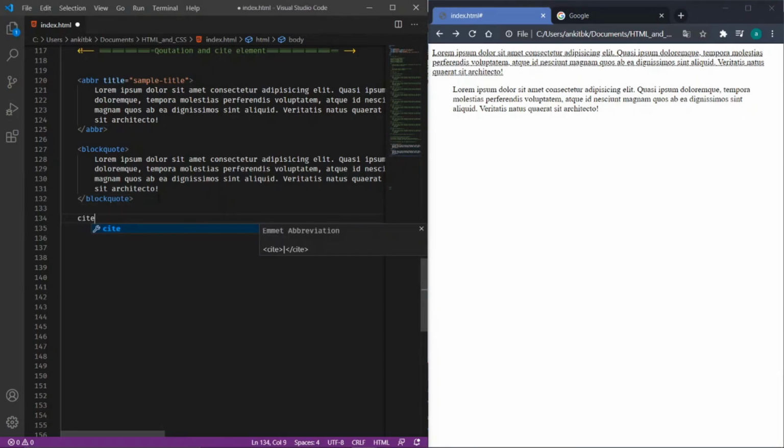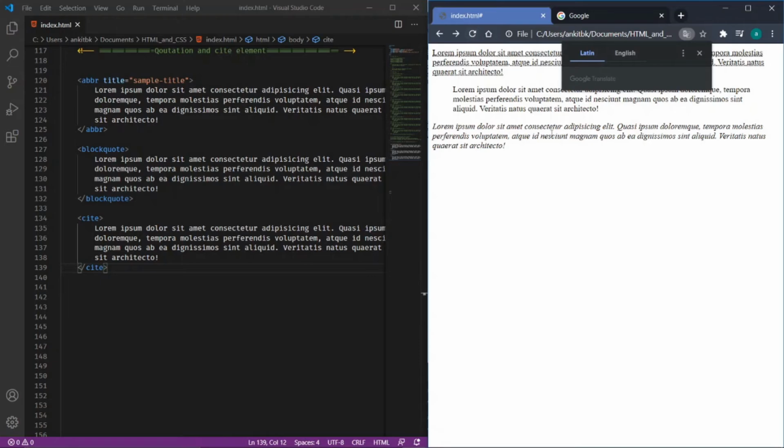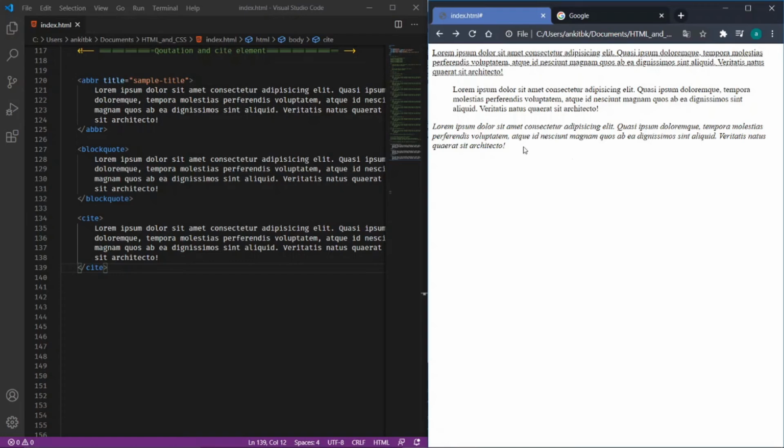Third one, we will go with the cite element. We will have the same kind of content, and checking on the browser, it will look like this. It shows that this is the title of a particular work. So you can see I can have a title of a particular section.